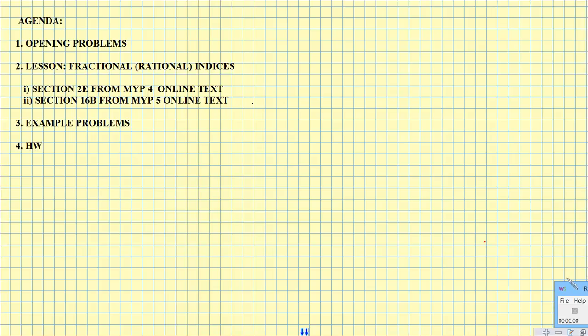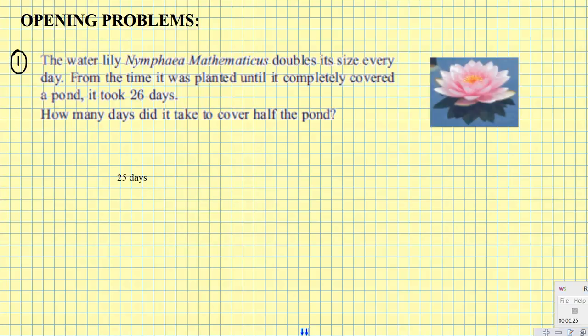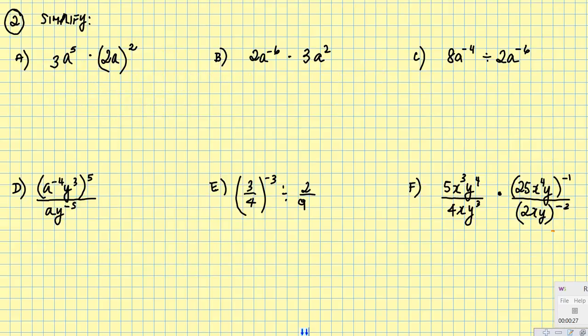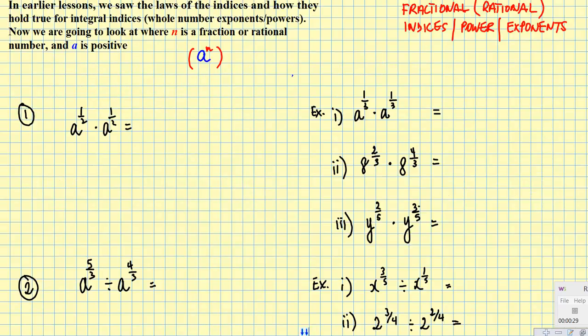Hi everyone, we're starting video 13, which is on rational exponents, or fractional indices. What we're going to be looking at is powers, but instead of being raised to whole numbers, they're going to be raised to the powers of fractions. We're going to be looking at section 2E from the MYP4 book and section 16B from the